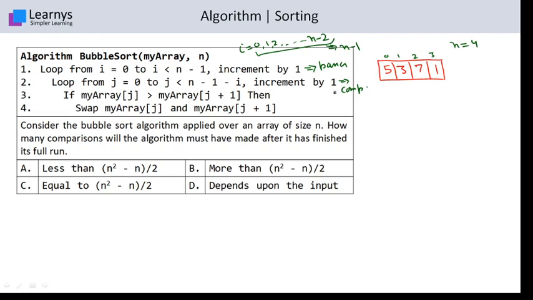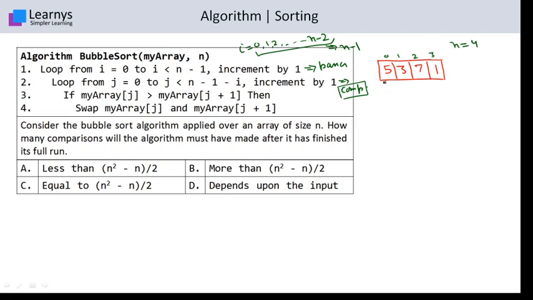And here you have to find the number of comparisons. For that, as I already told you, the second loop comes into the picture. You have to check in each pass how many comparisons there will be, and at the end we can add the total number of comparisons in each pass, so that we get our final answer.